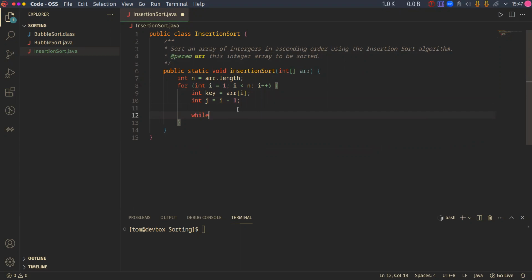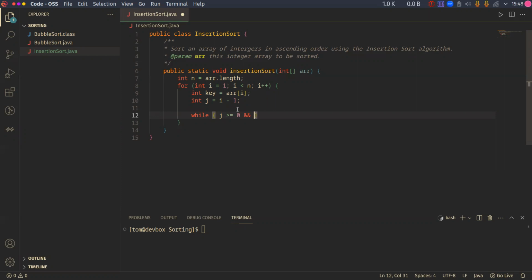So while j is greater than or equal to 0, and the secondary stipulation is that while the current array at j index is greater than our current key,